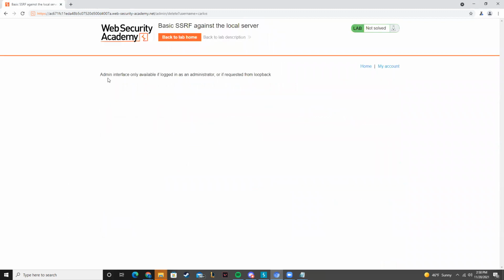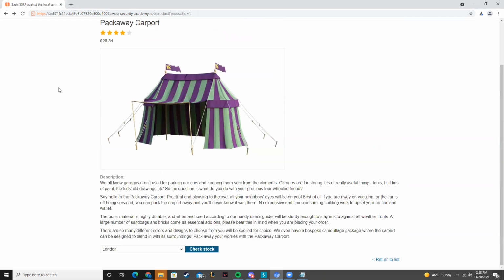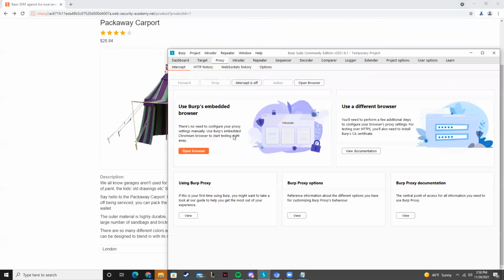If we turn off intercepting and try to delete Carlos from here, it seems like it didn't work. We have to actually be logged in as the admin for it to work. Even though we were able to access the panel, it won't actually let us do stuff right off the bat. So that's some good security, I guess. However,